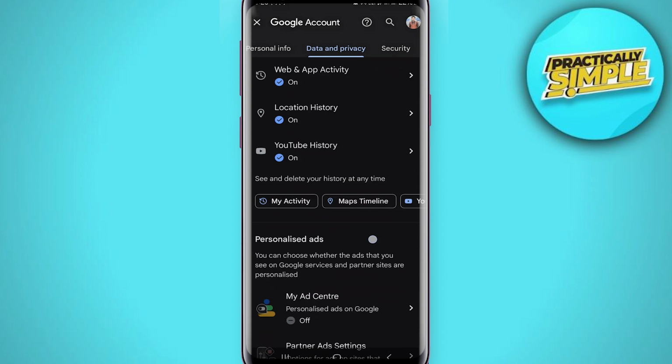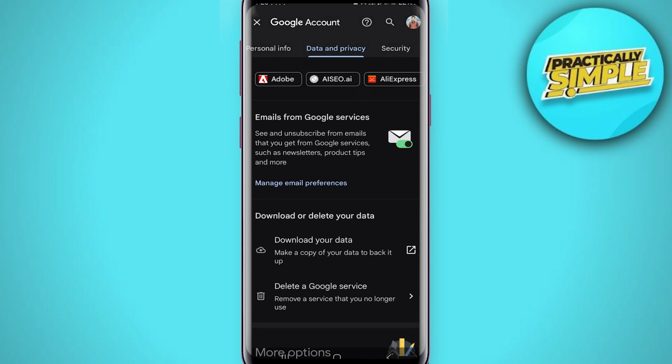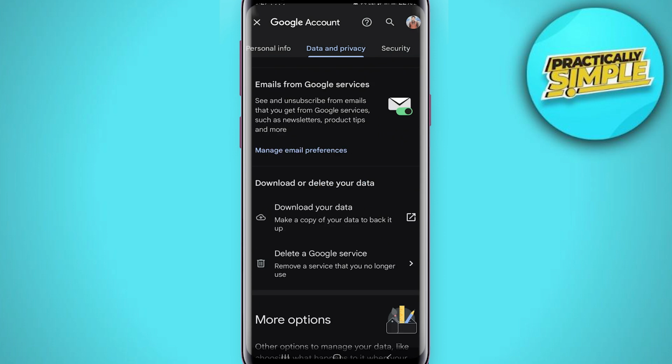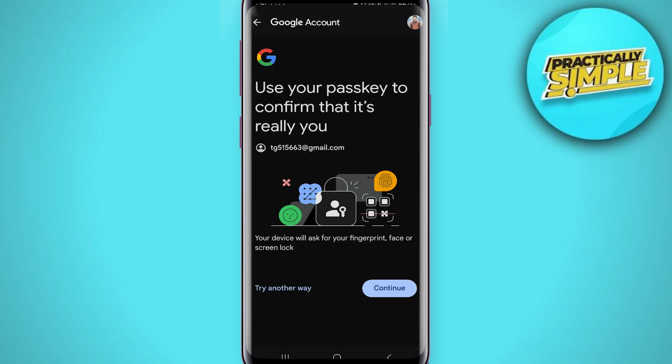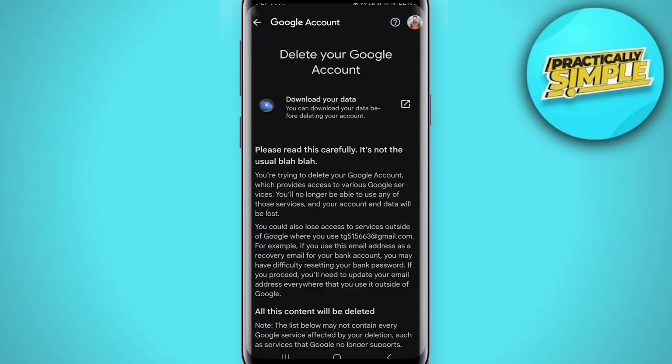Now you have to scroll down all the way to the bottom and you can see download or delete your data, but we have to delete our account, so we have to scroll a bit more down and you can see this option delete your Google account. Just simply tap on it and now you have to tap on this continue